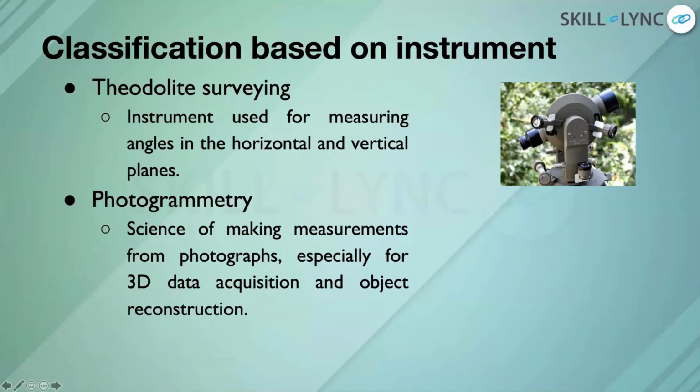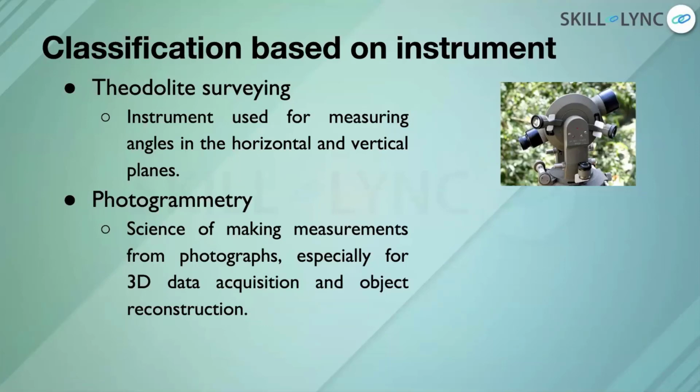Now this can't be used as such. This is generally used in addition to a staff or a prism, and this one is mounted on the top of a tripod. When the legs of the tripod are adjusted to level this instrument, there's a bubble here which comes to the center. So again, when the bubble is at the center, that means this instrument is completely leveled.